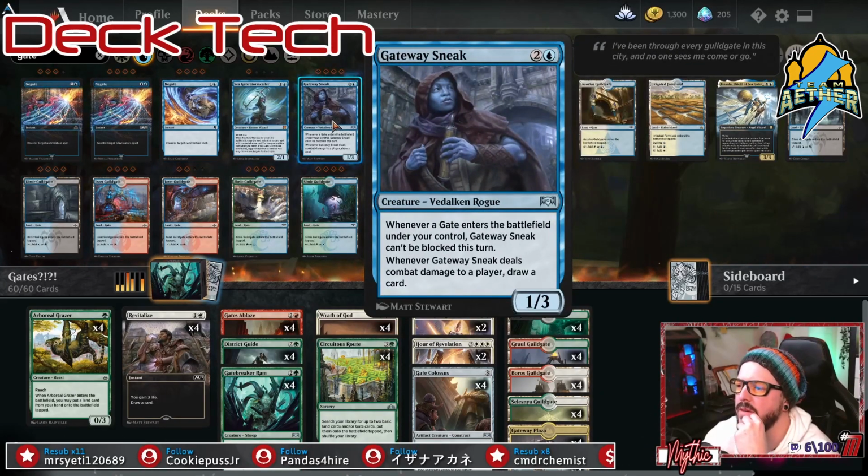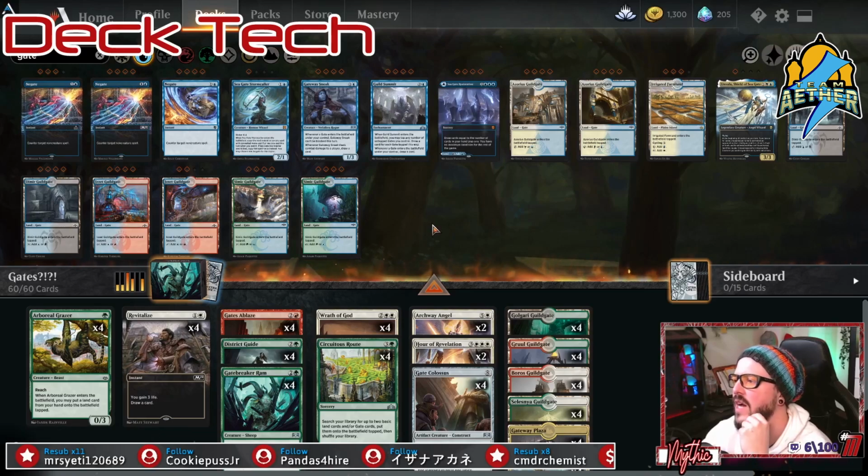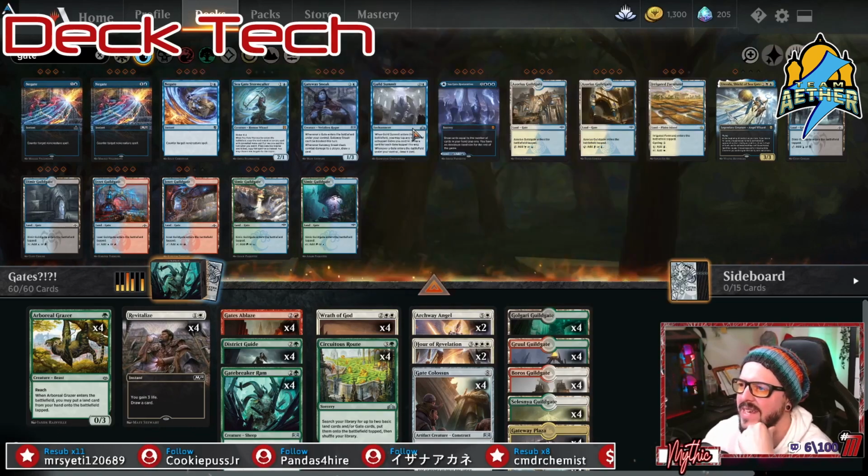What, this one? Oh, enchant. When Guild Summit enters the battlefield, you may tap any number of untapped Gates you control. Draw a card for each Gate tapped this way. Whenever a Gate enters the battlefield under your control, draw a card. That one, I assume. Yeah, I think that...